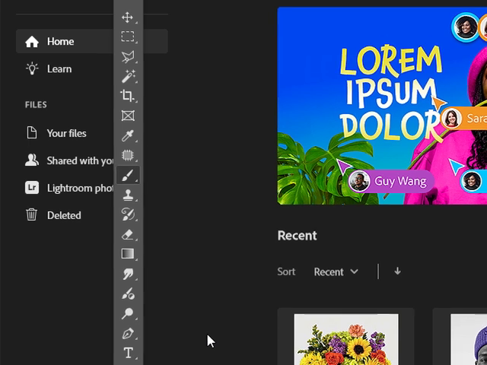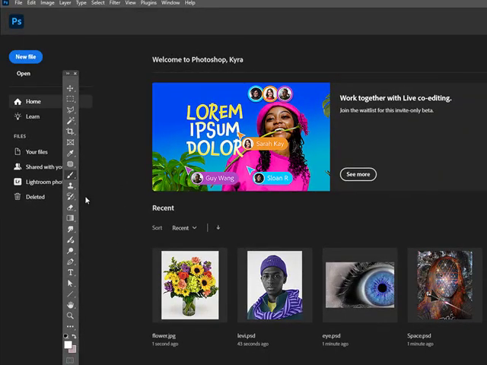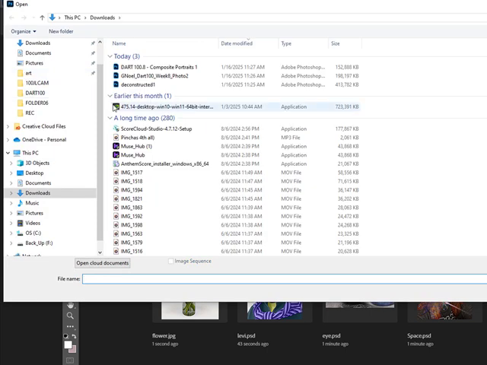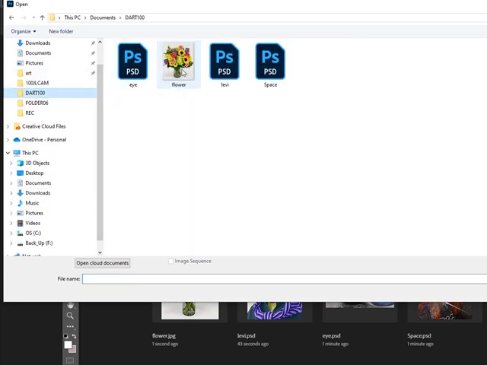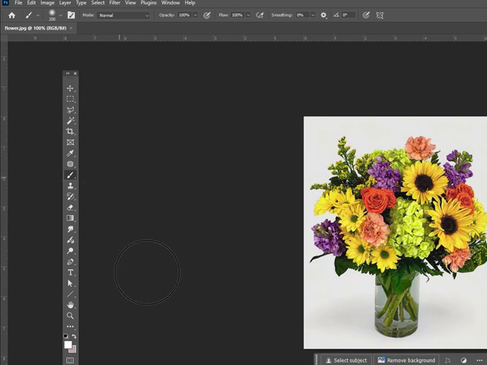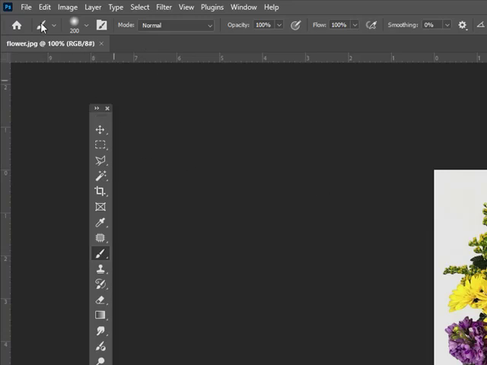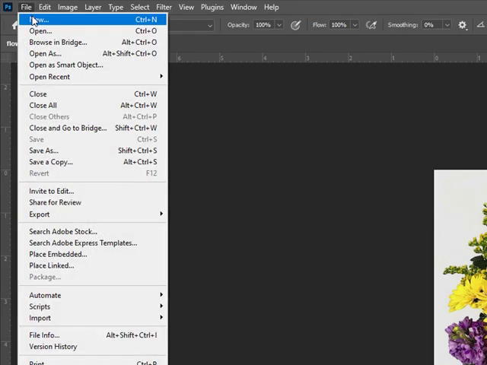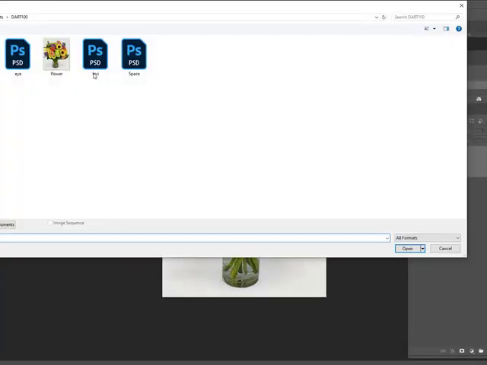So the next thing is to open up a couple of images. When I first open up Photoshop, this is the way the interface looks like, and there's this great big open button, and I can click on that and browse for an image I want to open up, and I click on it and hit open. And so now you can see the interface changes. So the next time when I want to open up an image, I do have to go up to File, Open. So let's open a couple of images,